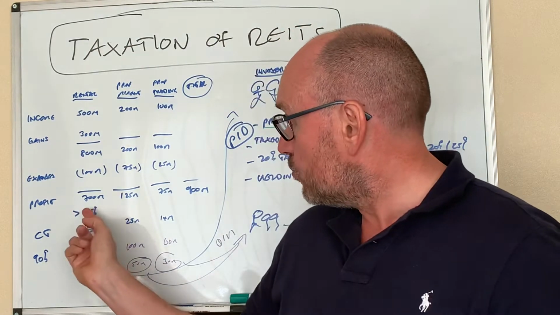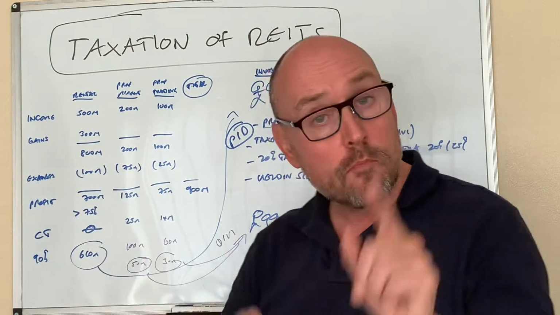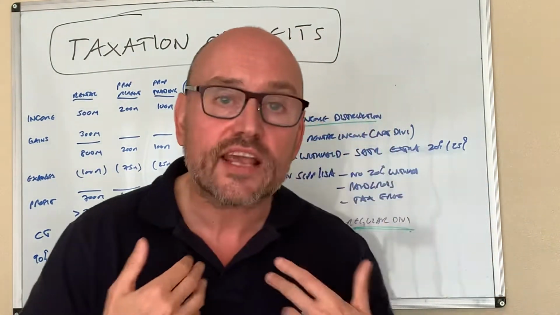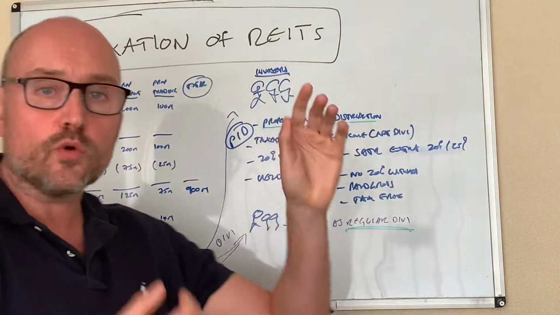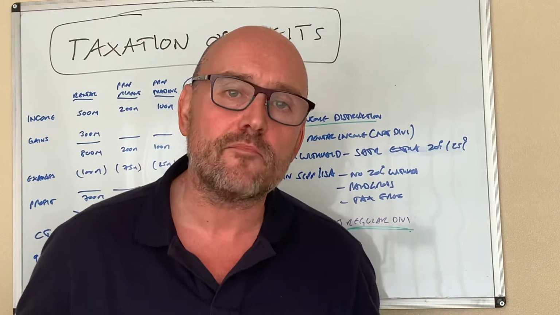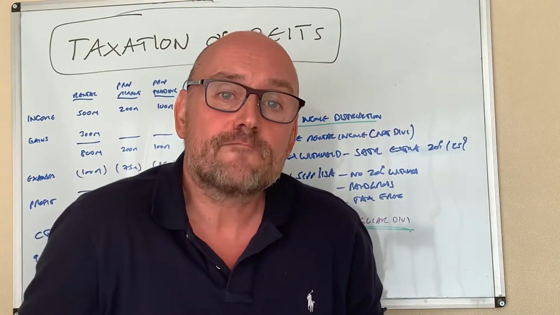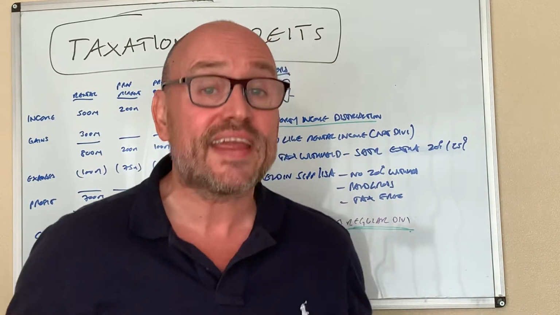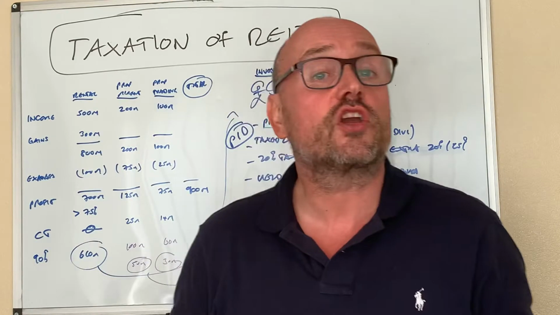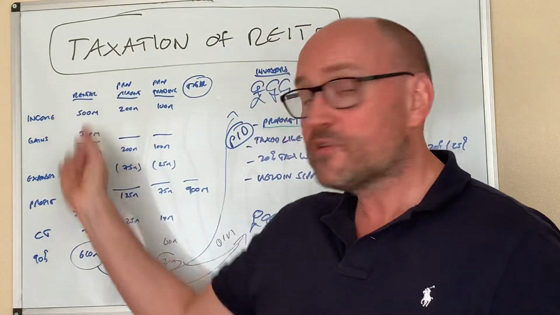So in these numbers, yes, 700 million, no corporation tax, but they have to pay out 610 million to the likes of you and I, individuals, what we call retail investors. Well, there can be large pension fund investors as well, but the point is that whoever the investors are, whoever they're paying out to, 90% has to be paid out. So they can only retain 10% of the profits from this particular division.